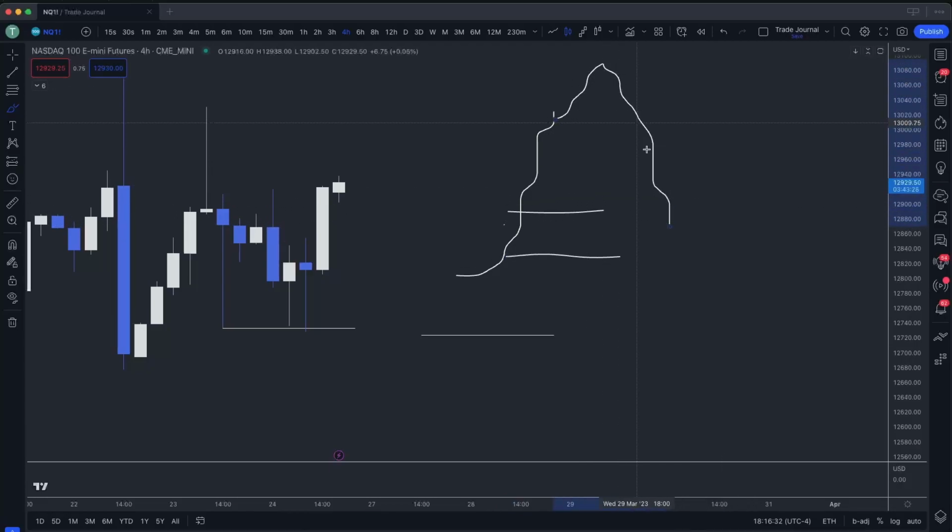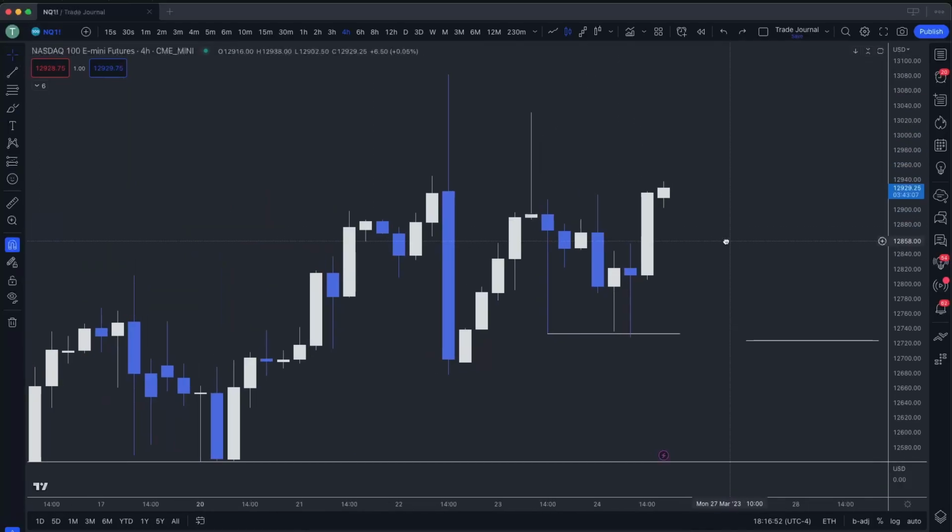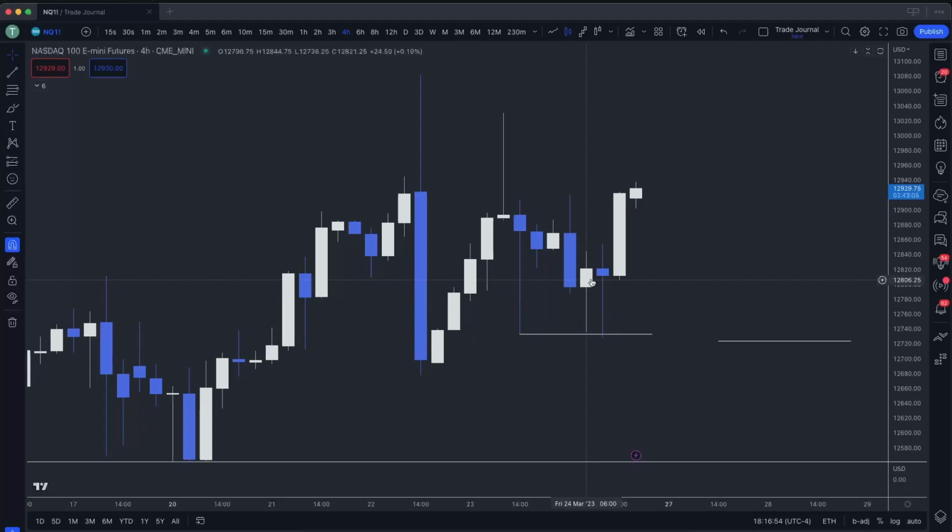And even though this first move down does raid, let's say, a candle that's over here, because of this momentum, I prefer to see it kind of base a little bit and see a candle right here get raided, let's say, and then look for my entry instead of this first one that comes into this level. So that's just one little nuance, but without getting too in the weeds,